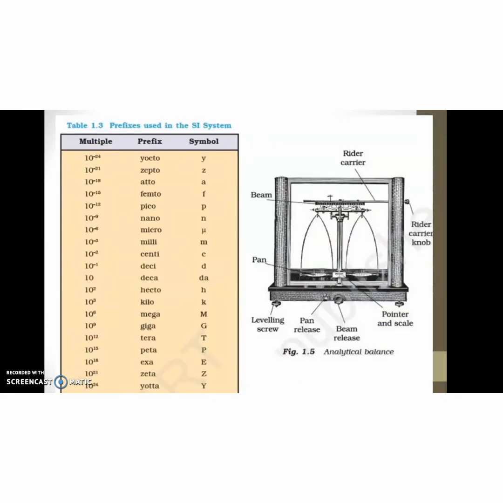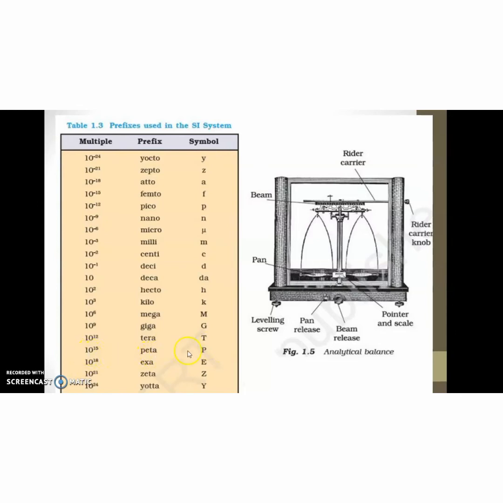In SI unit there are many prefixes. For example, when we multiply a number like 346 with 10 raised to 11, we can calculate it simply using prefixes. For example, 10 is deca, symbol da. 10 raised to 2 is hecto, that is h. 10 raised to 3 is kilo, that is k. 10 raised to 6 is mega, that is M. 10 raised to 9 is giga, that is G. 10 raised to 12 is tera, that is capital T.